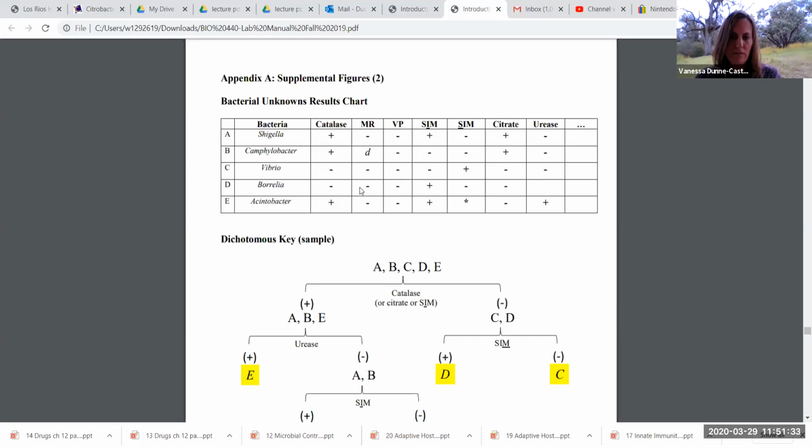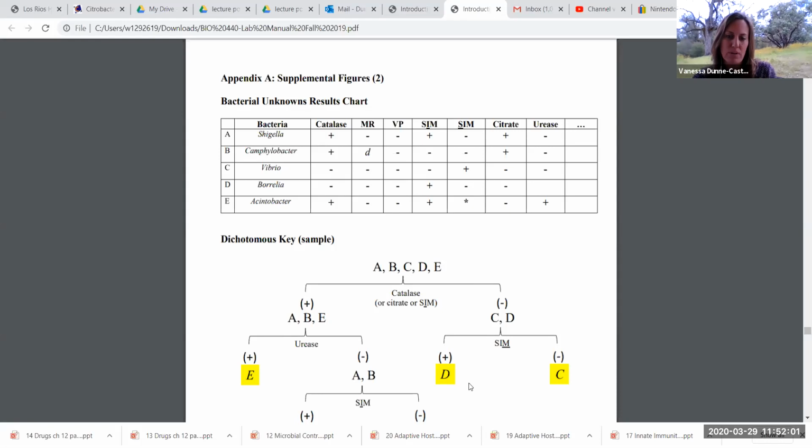Everything else you cannot use because either they test exactly the same or you have urease with no results for Borrelia. So the 2 tests that could have been used here would be the indole test or the sulfur reduction. These guys put motility. We don't even have that on the chart, which is kind of funny, but you would write down whatever it is, and one would be a clear positive, one would be a clear negative, and then you're done with writing out your dichotomous key at this point